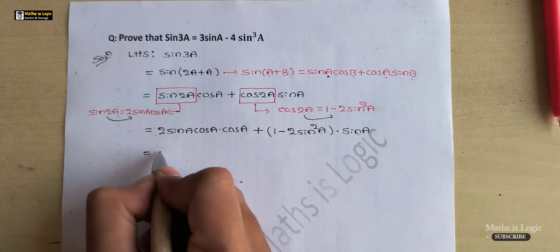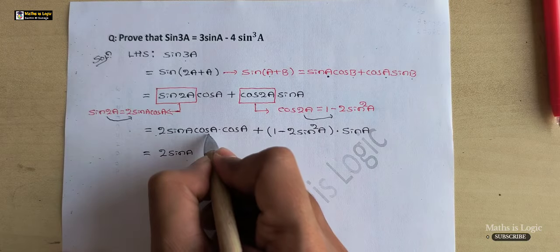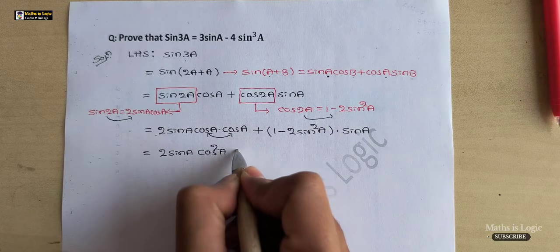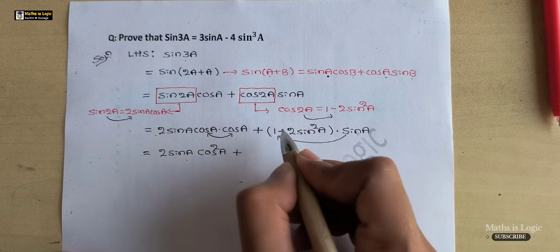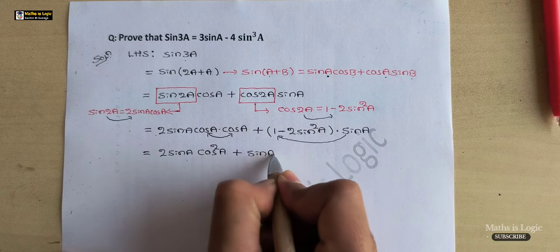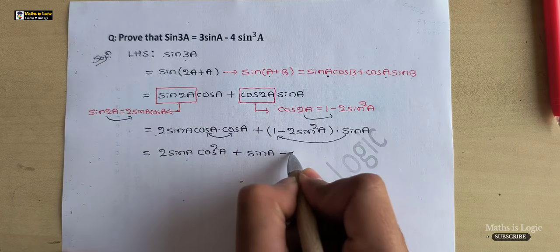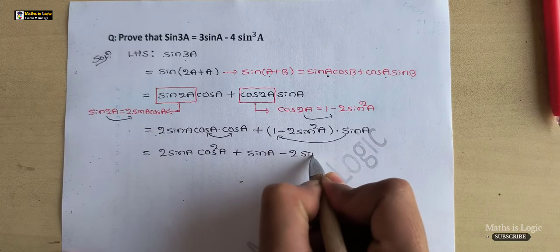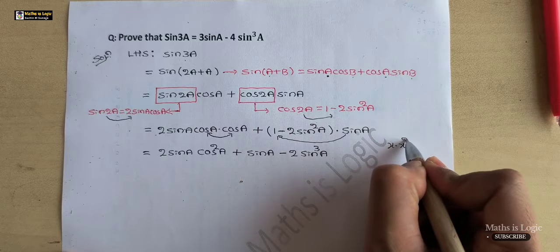Next, which is equal to 2 into sine A, keep it as it is. Multiply these two: cos into cos becomes cos square A, plus, open the bracket, first these two, sine A into 1 is sine A. Next, plus into minus is minus. This 2 I keep as it is. Sine A into sine square A becomes sine cube A,